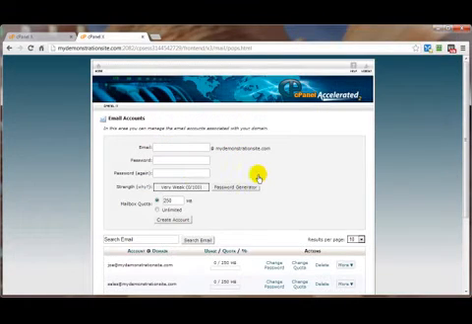Now, with this particular web hosting account, I can have as many different email accounts as I want. So for example, if I were to hire some outsourcing work, I can assign an email account for that particular person or persons. And once they've completed their task, then I can just come in and delete that particular email account. So in this case, let's go ahead and add